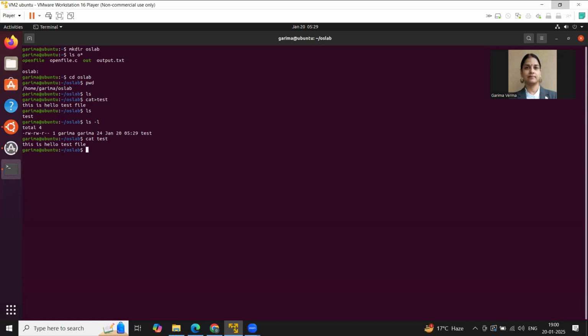That is basically the purpose of the cat command. Now I wish to delete this file. So I will use rm and then the name of the file. Now it has removed my file. Let's give ls -l. So total files are 0. Right now there is no file inside the directory OS lab.